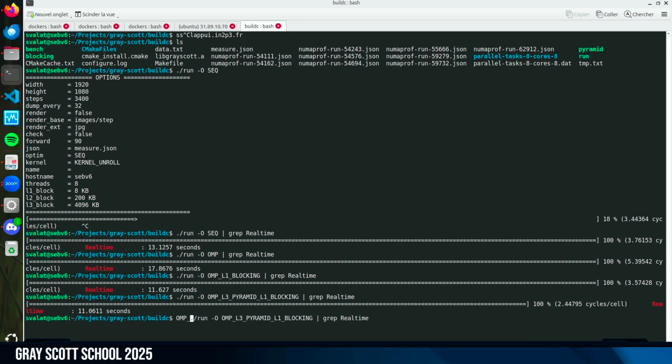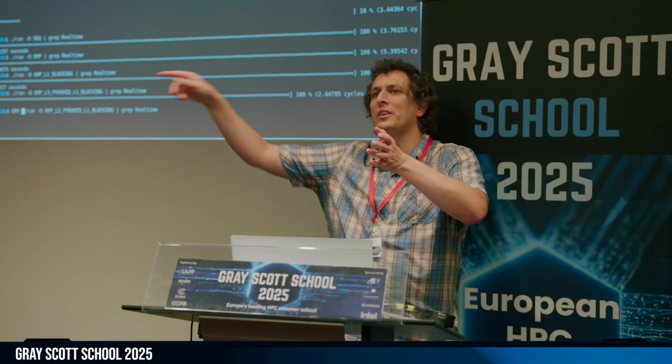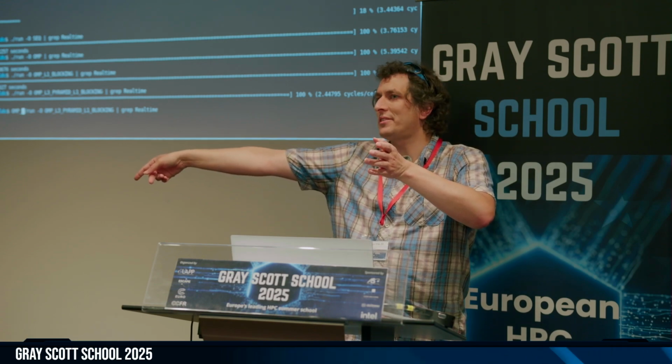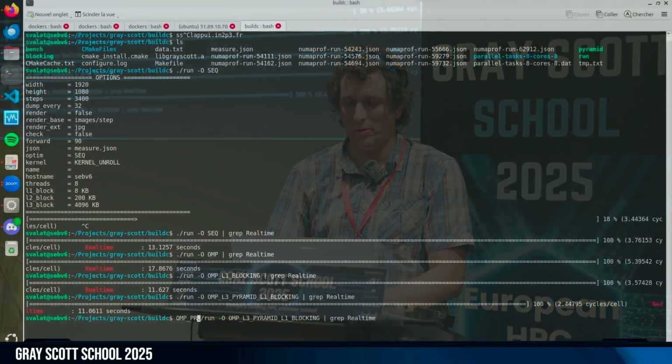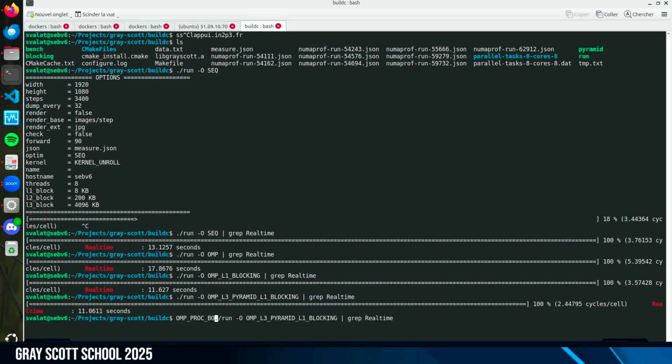Tomorrow, Friday. No, tomorrow. So OMP, because I didn't bind the threads. Currently the threads are moving from one core to another, and I'm trying to stay in the cache of the core. If the data is in the cache and the thread moves to the next core, there is a problem. So ideally, OMP_PROC_BIND equal true, which I didn't do in the previous session. Results are a bit more stable.